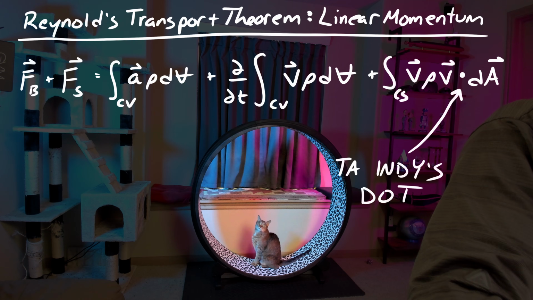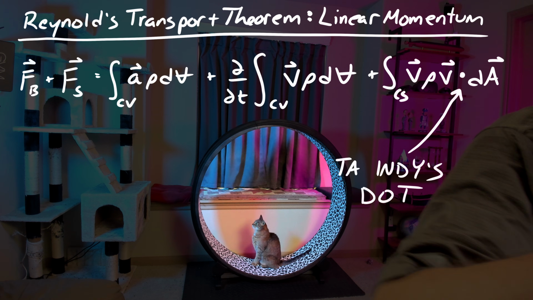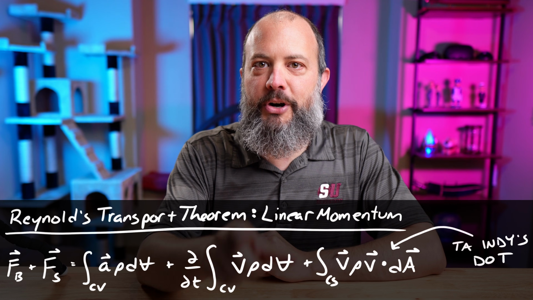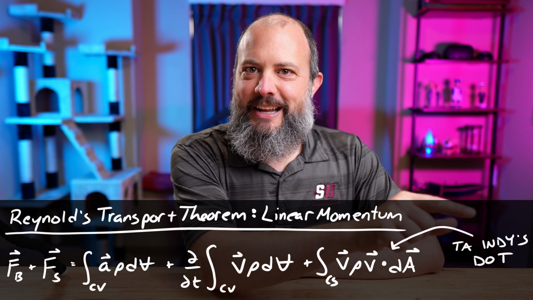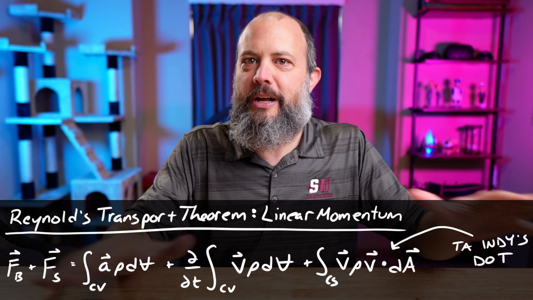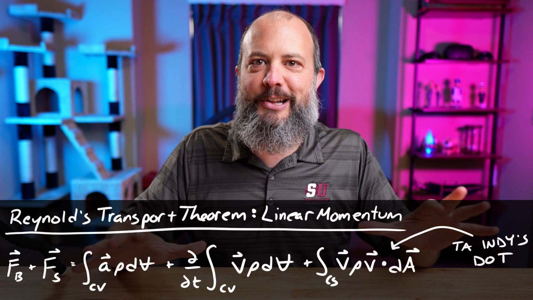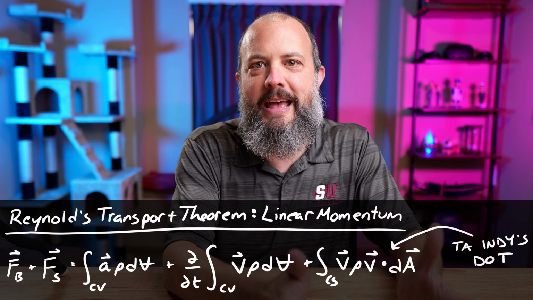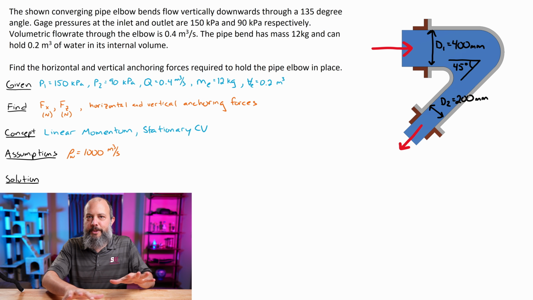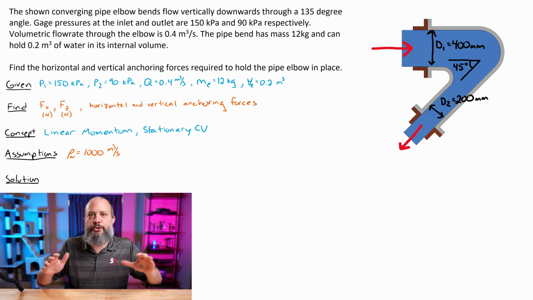I mean, look at him back here on his hamster wheel. It's in the shape of a dot. And if you can just remember this one dot, then you don't have to use this equation at all. And the only main equation you're gonna need is regular plain old Newton's second law, F equals ma. I'll get to Indy's dot later, but starting from the beginning, first step is always gonna be to draw the